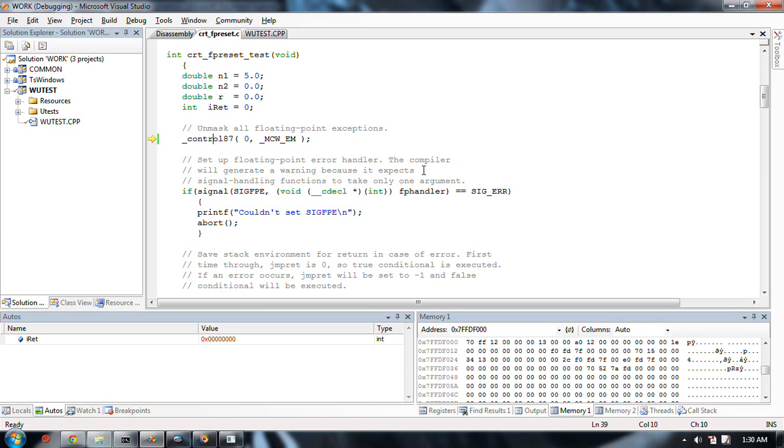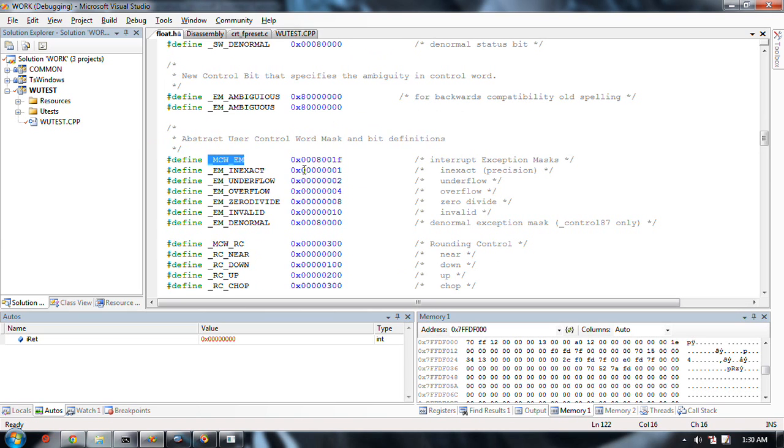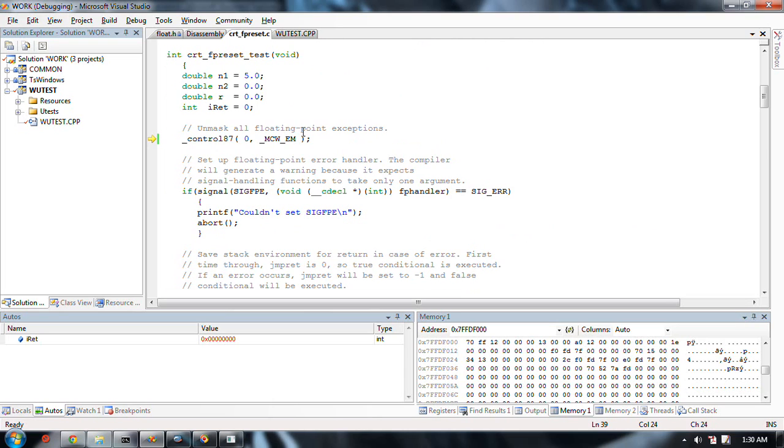In this case, the value's bits are all 0, and the mask is 8001F. So these 6 bits will be set to 0, and those happen to be the ones that need to be set to 0